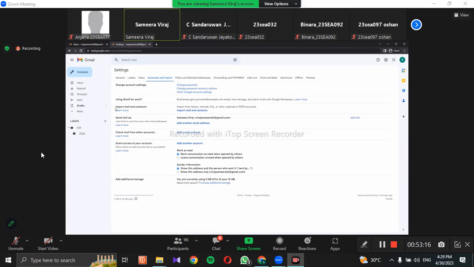Then we have another option, import the email and contacts. That means you can import contact details and mails from another mail service, simply from another vendor like Yahoo or Hotmail. They have mentioned Yahoo Mail, Hotmail, or other webmail or POP3 accounts. So this POP3 means